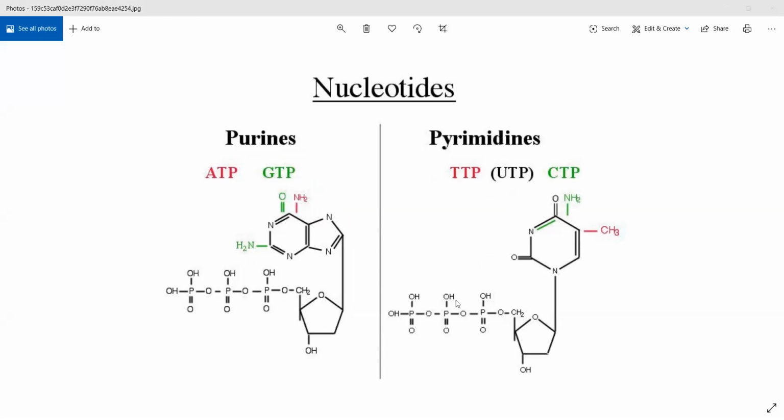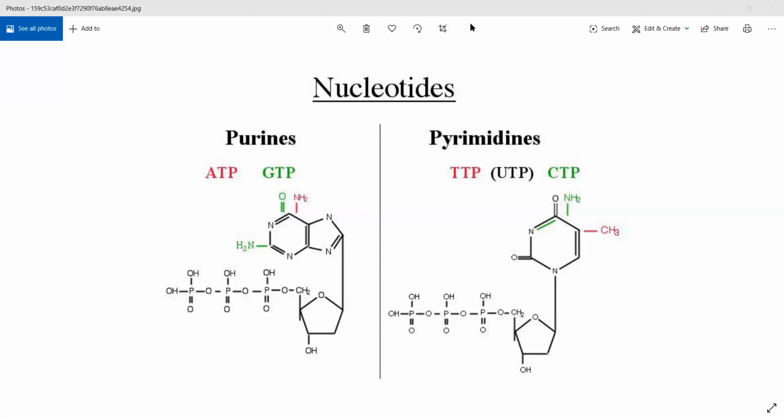So ATP will be adenosine triphosphate, where that NH2 group is present. If you remove the NH2 and add NH2 on the meta position, and you add oxygen on the para position, you will get GTP, ortho, meta, para, if you remember. If you want to get into the chemistry of it, this will be the basic difference. Pyrimidines will look like that and purines will look like this. This is a 9 ring structure, that is a 6 ring structure.